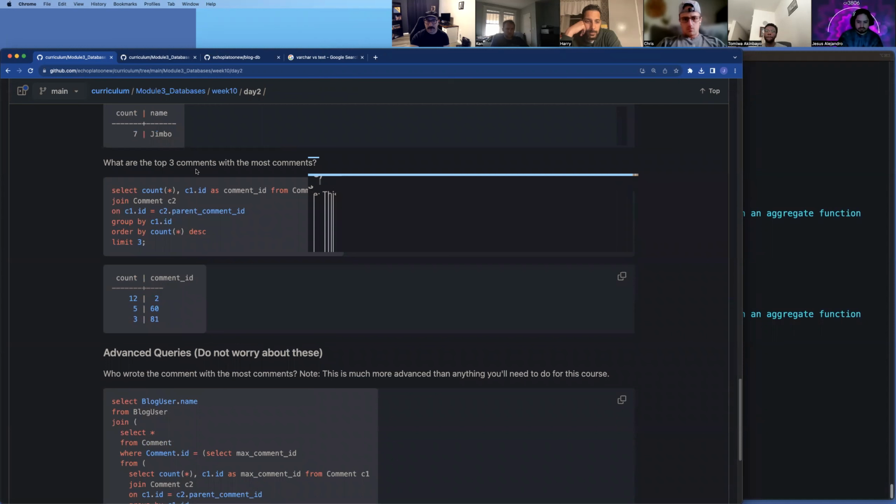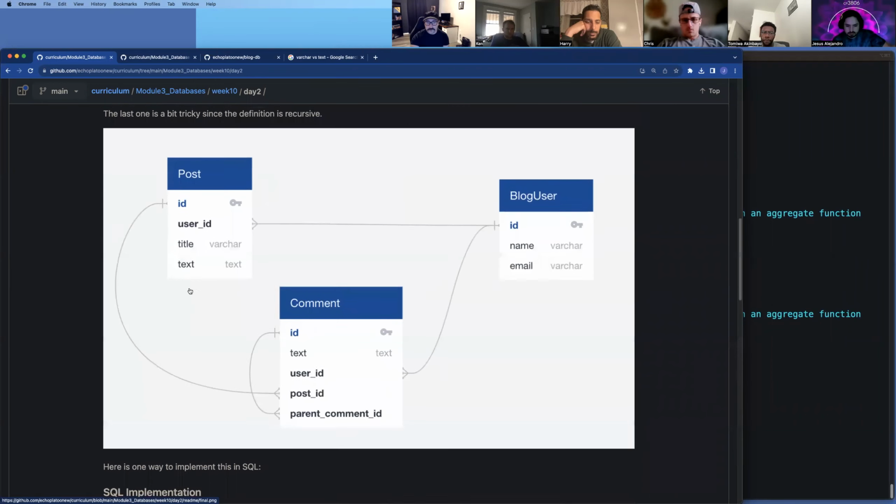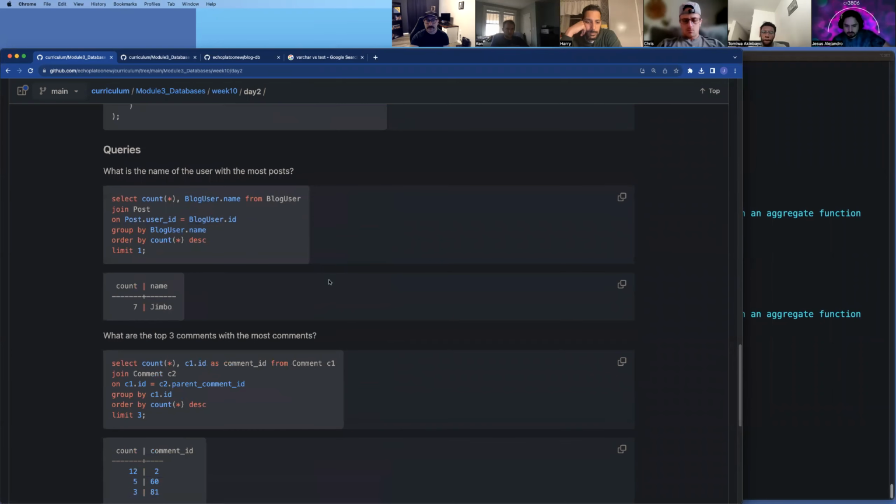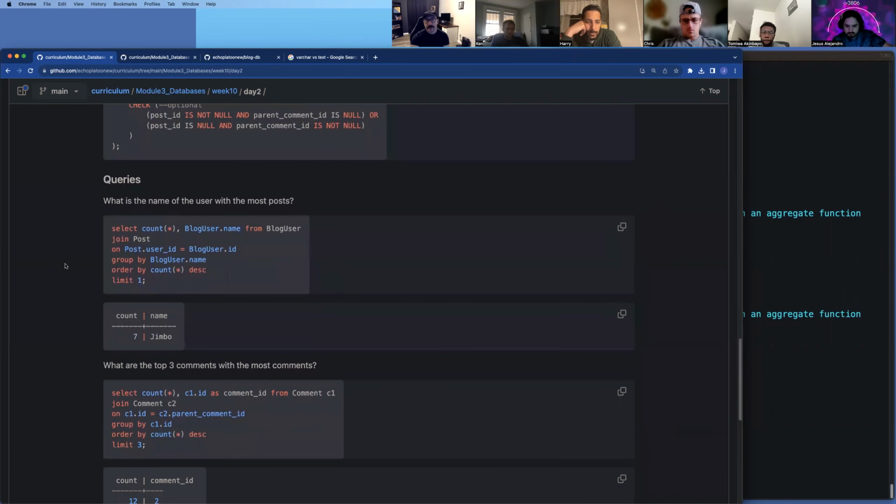What are the top 3 comments with the most comments? So this gets a little bit more complicated, but nothing crazy. As we mentioned before, comments can have comments. So rather than having a separate table called something like comment children, we're going to reference a comment above it. So again, we're going to get a count